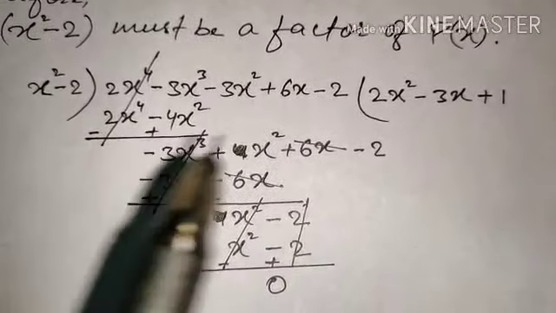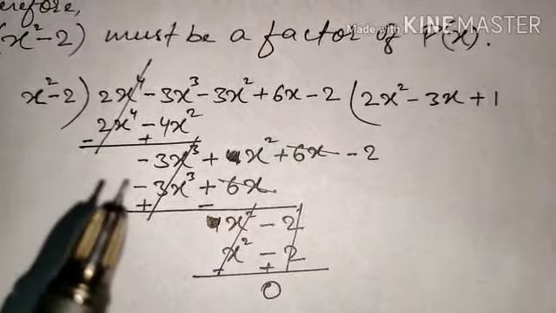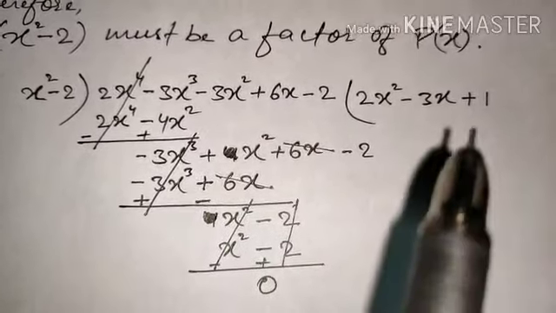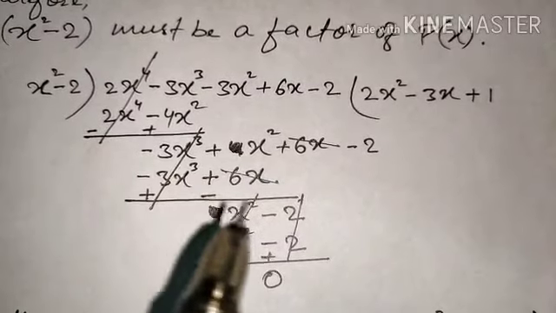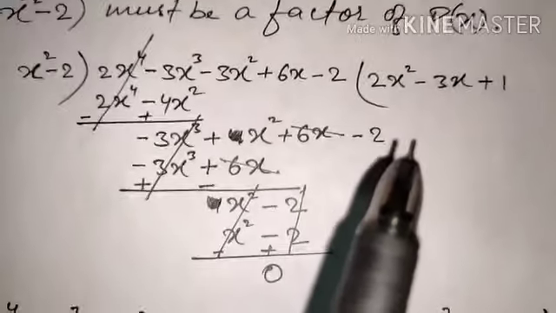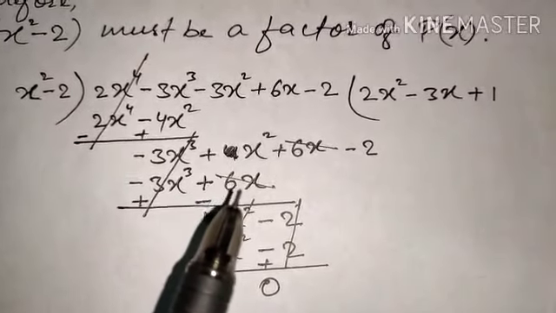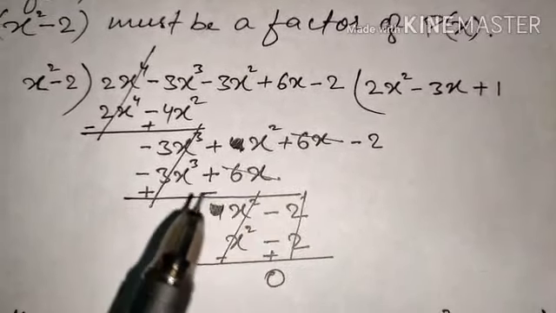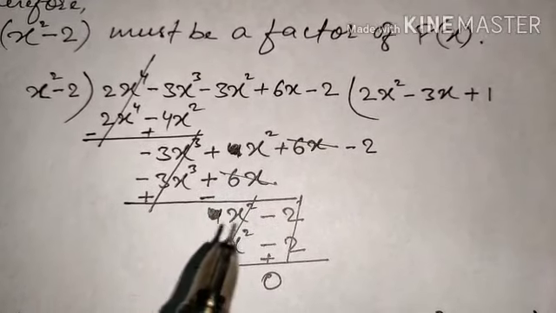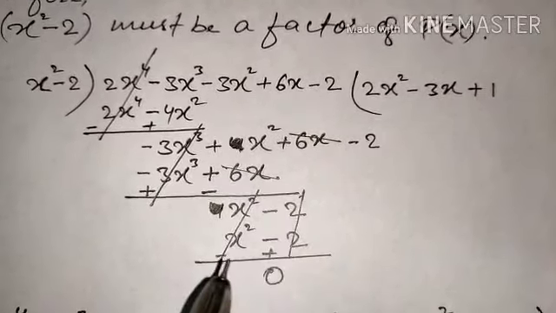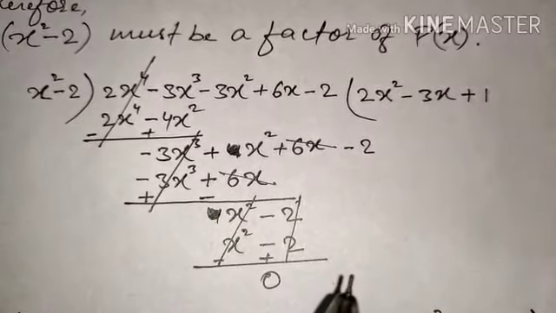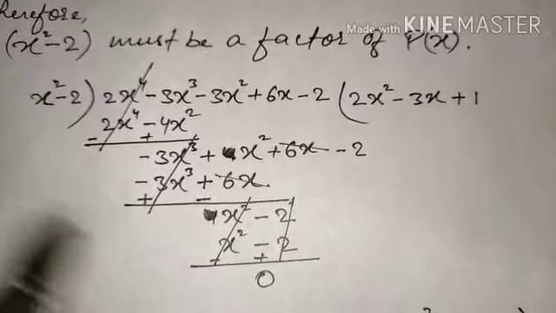and x square. Now we are going to multiply so that we'll get minus 3x cube. So obviously minus 3x will multiply with this, and with this minus 2 also, and we'll get 6x. So 6x will get cancelled with the minus 6x, because the sign will change, and this x square will again come down, and minus 2 will come down. Okay, now after that just simply multiply this with 1, and we'll get x square minus 2, and it will become 0. The remainder will become 0.